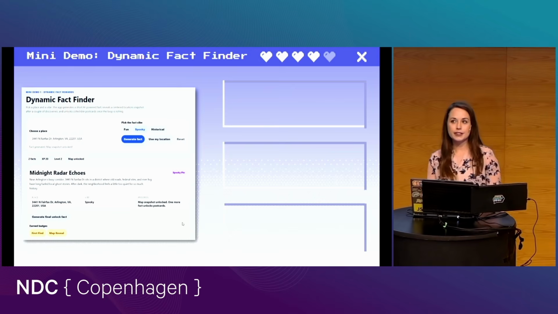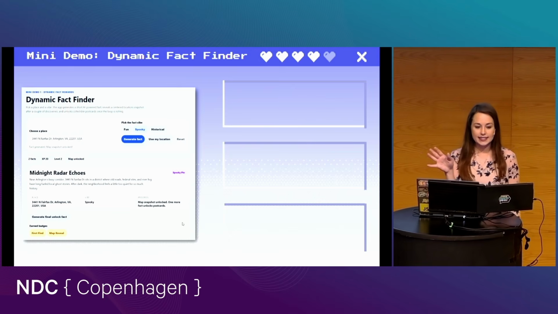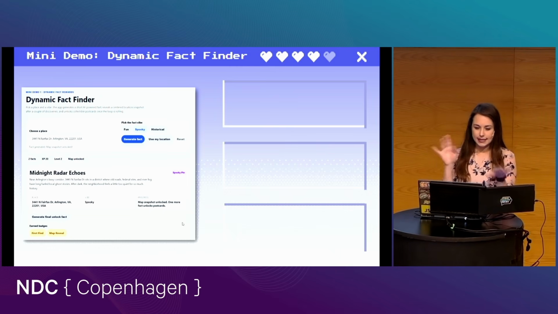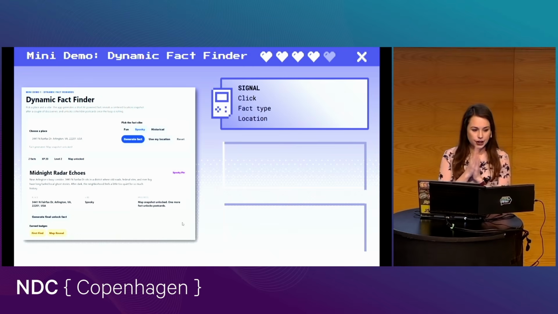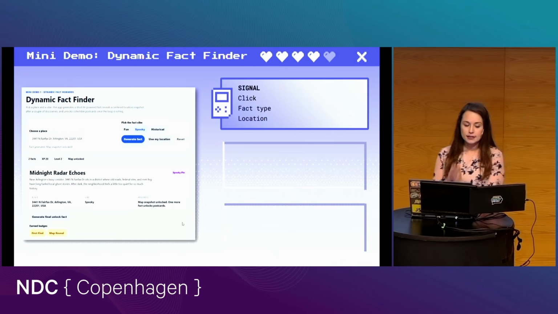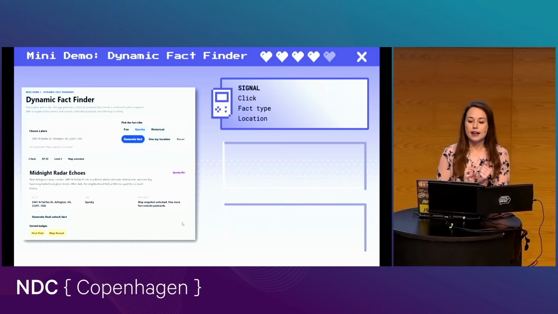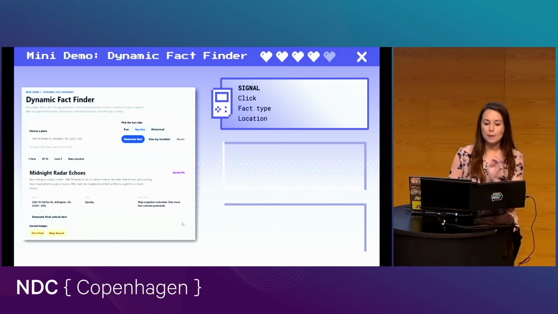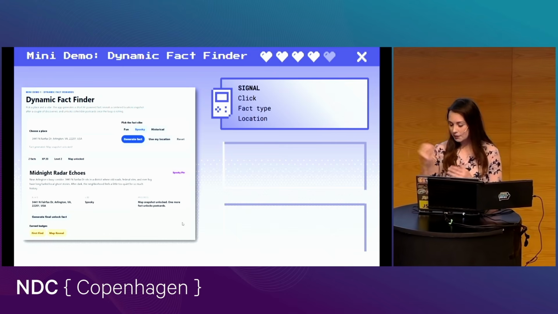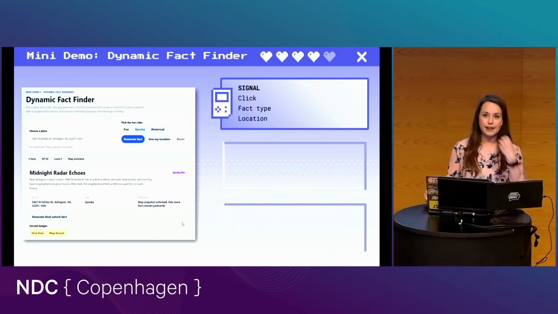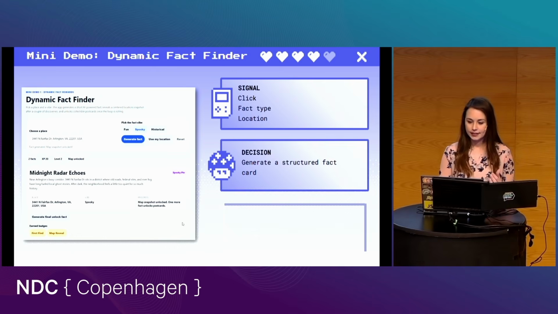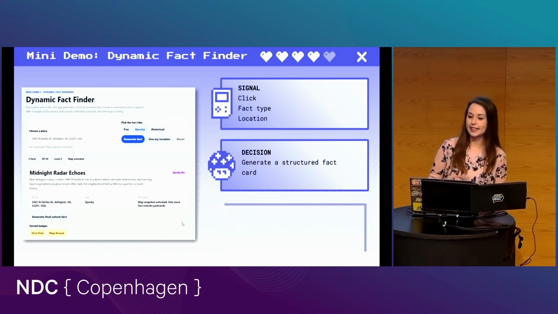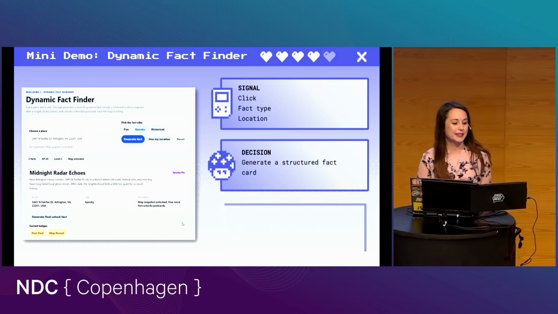Okay, so let's talk through what we're going to see in the first demo for this dynamic content. Imagine that you're exploring somewhere new, and the app is trying to make the experience feel just a little bit more surprising and game-like. It's going to start with a few simple pieces of context. So here's our signal: what did I click? What kind of fact do you want? And what place are we actually talking about? So you're in a place, and we're going to generate a fact about that place.